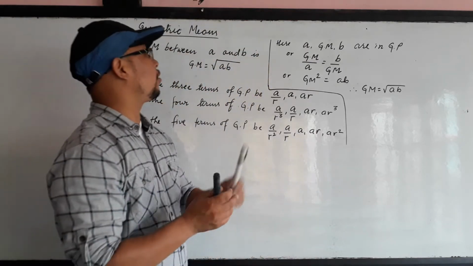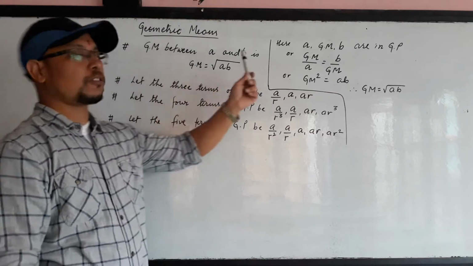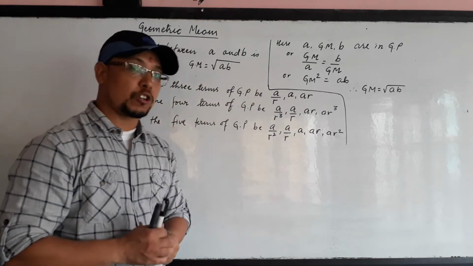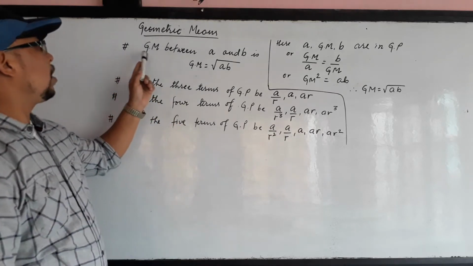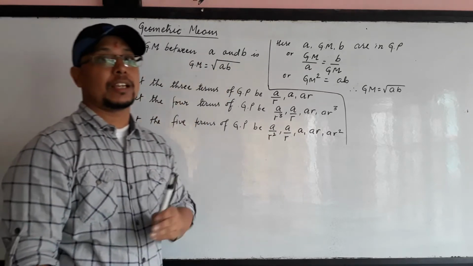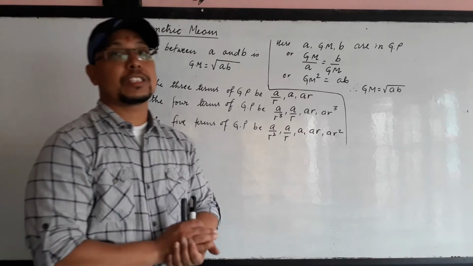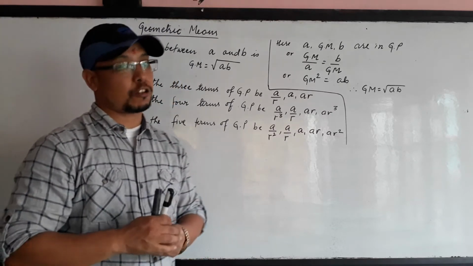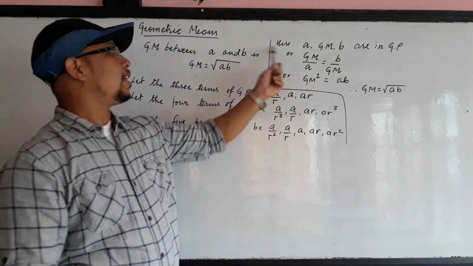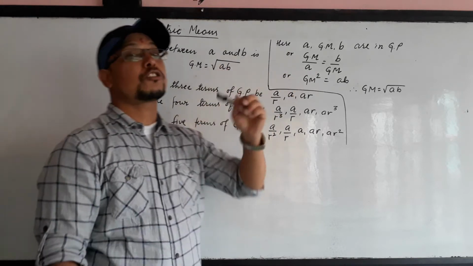Now here you see, in geometric means there are some formulae that I haven't done. Today we'll be discussing on it. Now, look at here. The geometric mean between A and B. In geometric means there is one formula which is very important. It usually comes in the short question. Okay, now look at here. If there are three terms